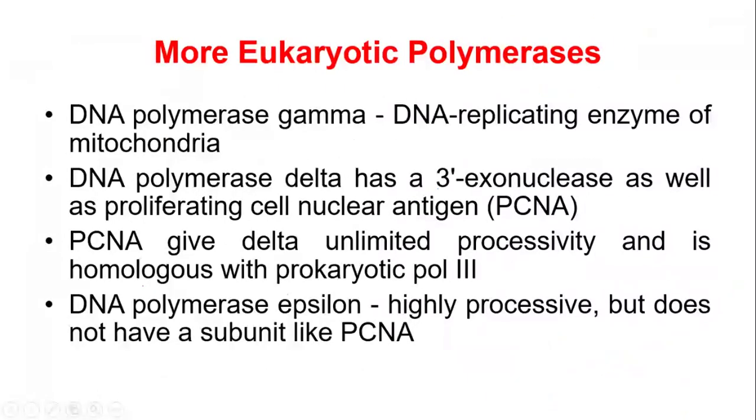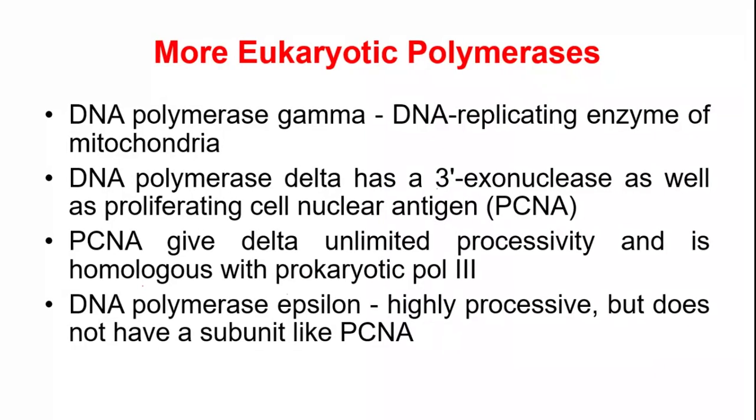So the other thing we need to appreciate is the fact that DNA polymerase gamma, that is a DNA replicating enzyme, is actually found in the mitochondria in the case of eukaryotic organisms. Then DNA polymerase delta has a 3' exonuclease as well as proliferating cell nuclear antigen. Then this proliferating cell nuclear antigen gives delta unlimited processivity and is homologous with prokaryotic polymerase 3. And the other thing we need to know is DNA polymerase epsilon is highly processive but does not have a subunit like the